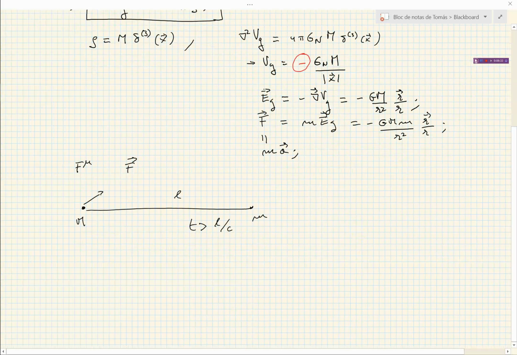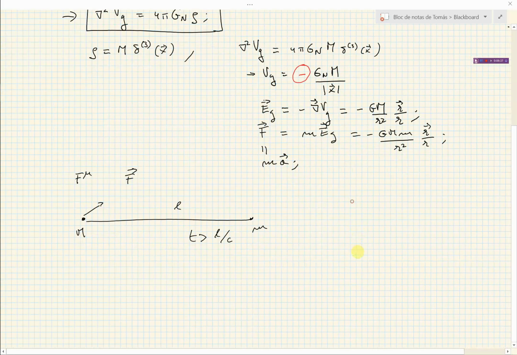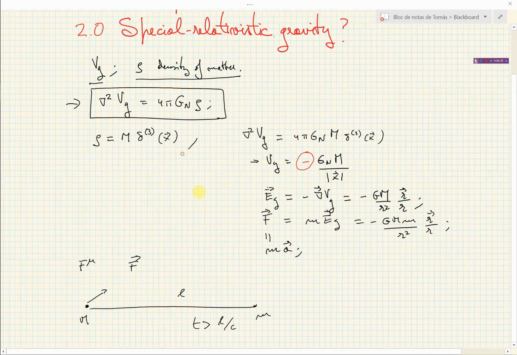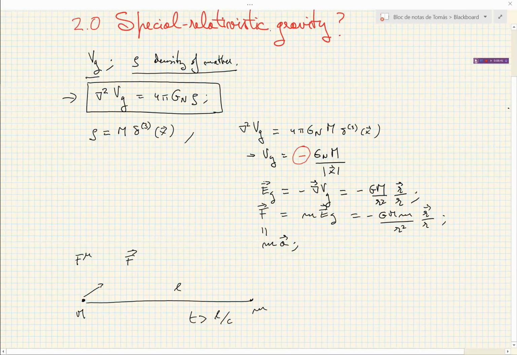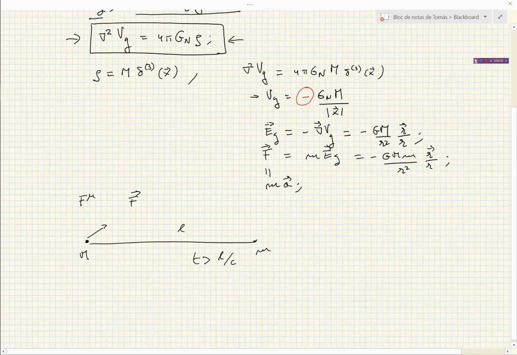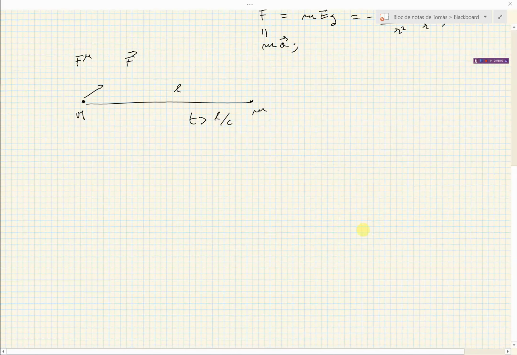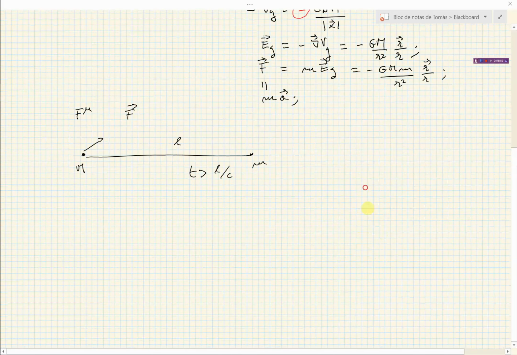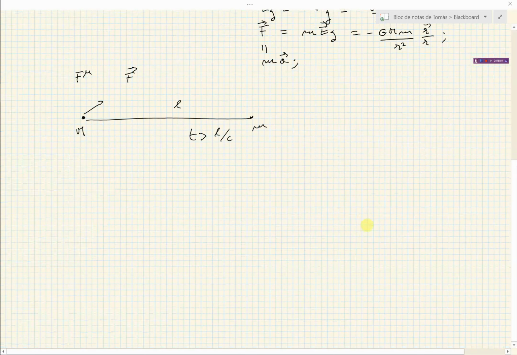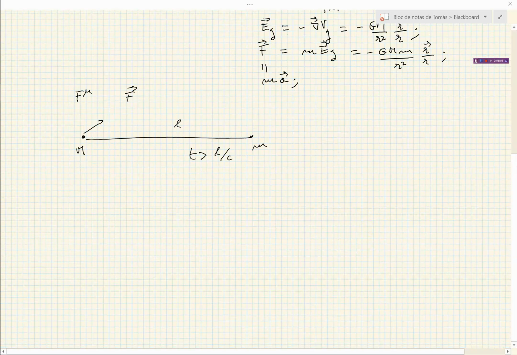For all the reasons that we explained, also this signal has to arrive as a wave, and there is no wave equation in this law. All this tells you that this has to be modified. Okay, so how do we modify this law of gravity? Okay, the simplest thing would be to replace the field V, this potential field,